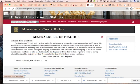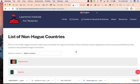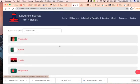Someone else is going to handle it for you. All of your finances and affairs. This is how you avoid probate. You must do this process. Highly important. Now let's look at a list of the non-Hague countries, because you're going to use one of these